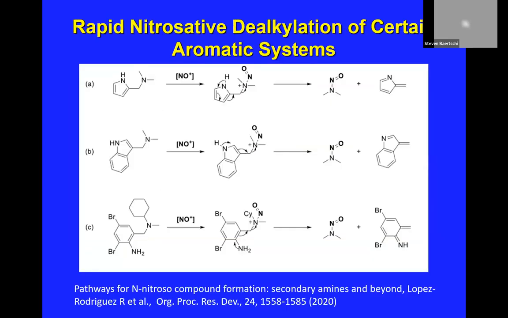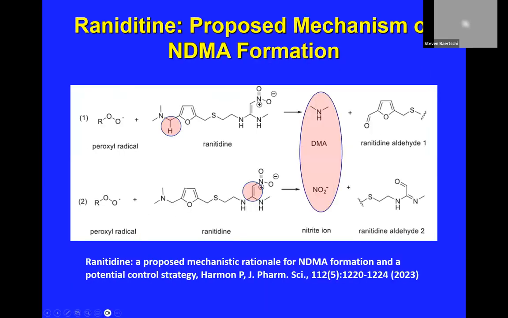The implication, which Paul Harman suggests, is that there may be a strategy for inhibiting that reaction using desiccants and oxygen scavengers, which I think remains to be tested, but is an interesting hypothesis. And I would think that people have already been working on testing this to see if it's actually true and can be used as a control strategy.